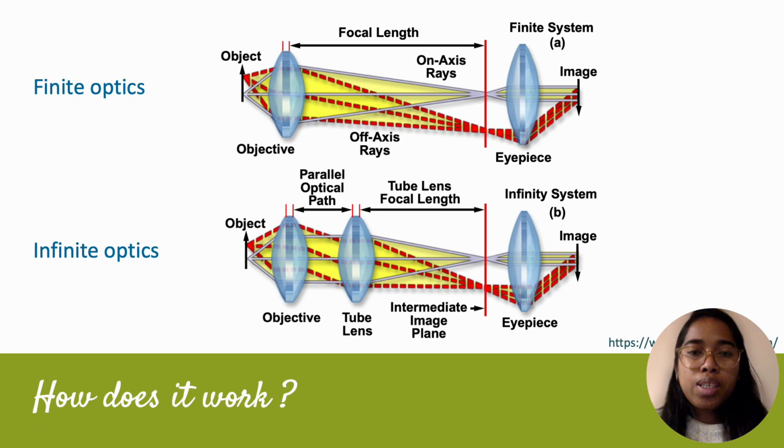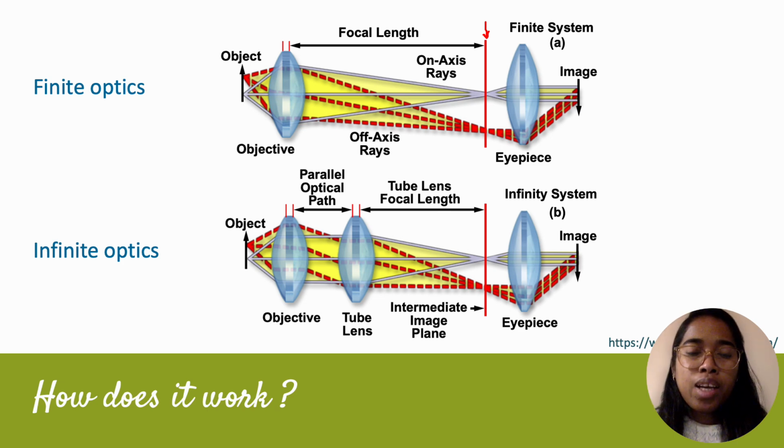So how does it work? The optics can use a finite system or infinite. In finite optics, the intermediate image, where the red line is, is formed by the objective lens only, and an eyepiece is used to bring that intermediate image to be visible in the image plane, and also to magnify the intermediate image